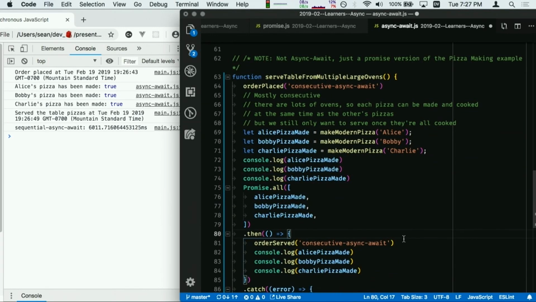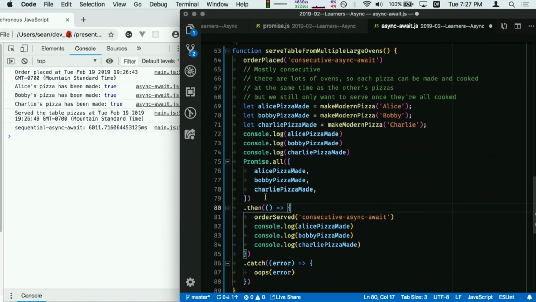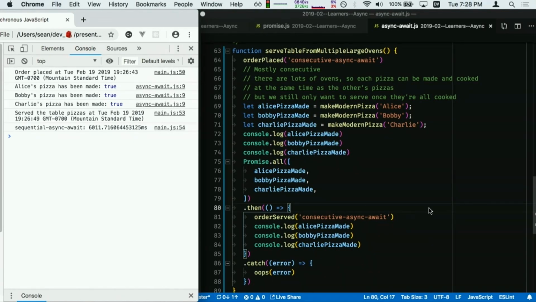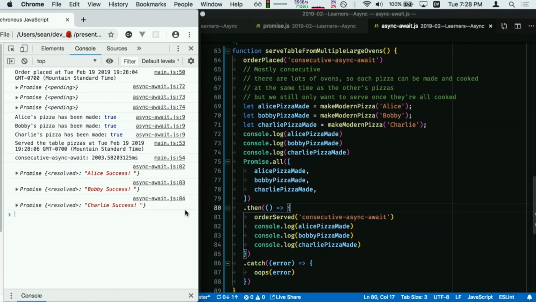so if I log these out, I'm not awaiting. This is just the promise. I'm going to log out our variables here. We're going to wait for all of them to finish. If they all finish, we're going to log out the variables again. Otherwise, we're going to catch it. And go ahead and run. And you'll notice that we get those promise